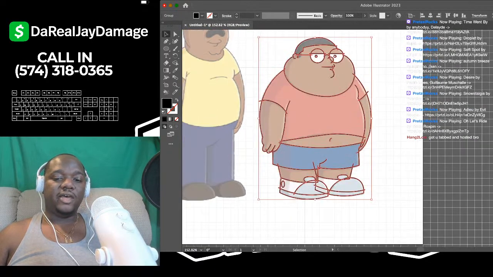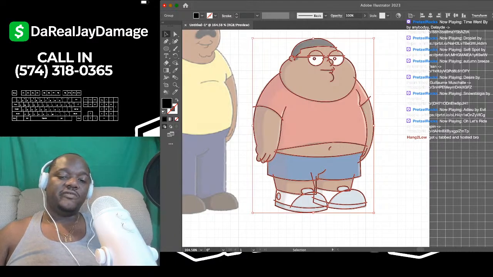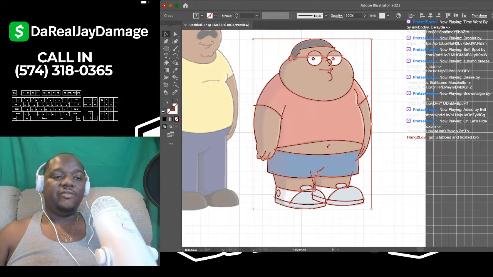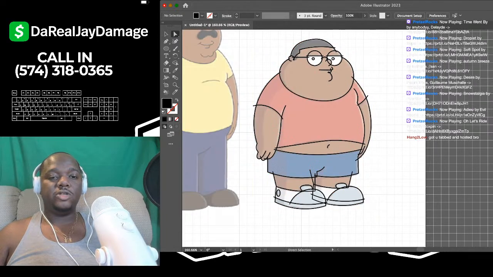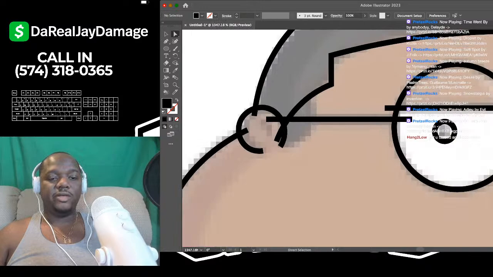Once you have the Pathfinder menu, click the very bottom left-hand corner button in the Pathfinder menu. The button says Divide. If you hover your mouse over it, you'll be able to see it. Click Divide. Boom. Once you click Divide, now everything is divided on the project. Now what I want you to do is go through and get rid of all those excess lines that we don't need.